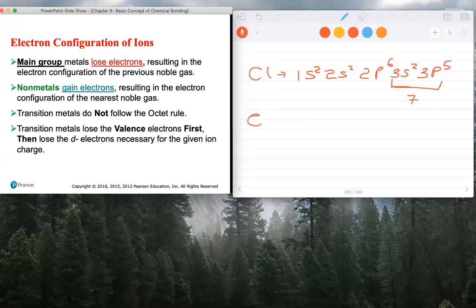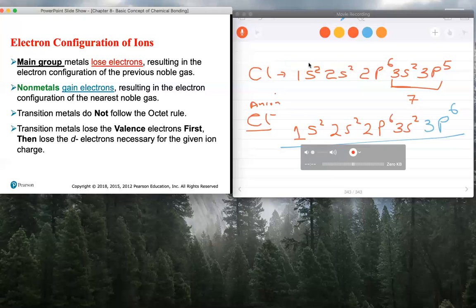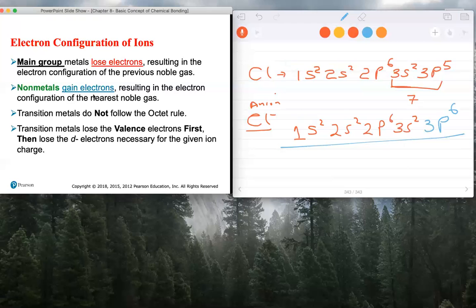And this is the ion. This is an anion, negatively charged. Its electron configuration is 1s2, 2s2, 2p6, 3s2, and 3p6. We have added electrons to the outermost shell, and the number of electrons is how much you need to